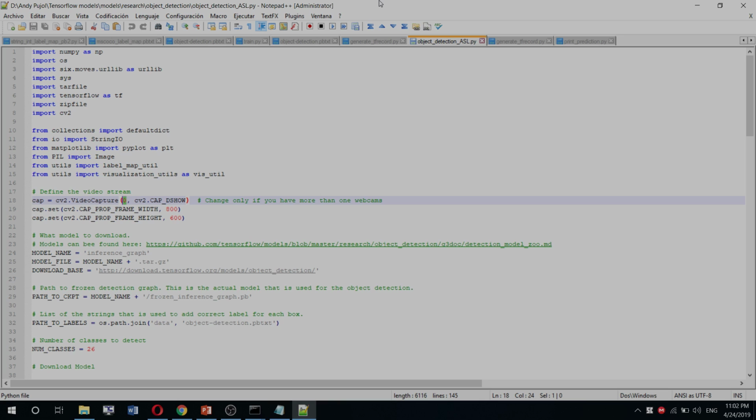Right? If your computer has more than one webcam and you want to use the second one, you need to change it to a 1 or to a 2 or to a 3, whatever the number of the webcam is that you need to use. This is just setting the image